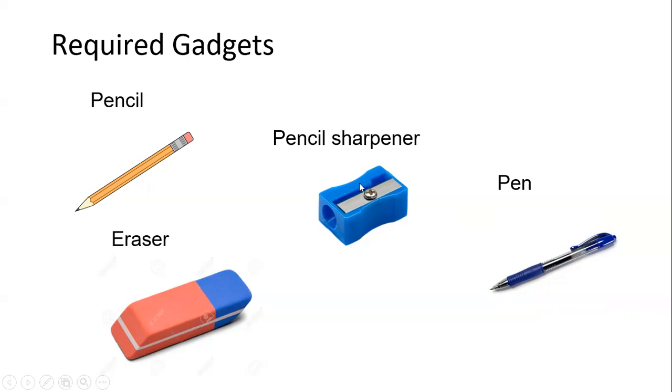Of course, a pencil sharpener, so that you are not borrowing, because you will not be allowed to borrow items from other candidates in the examination room. You can also come with a pen, but I think the use of a pen, particularly on these answer sheets, is very limited,